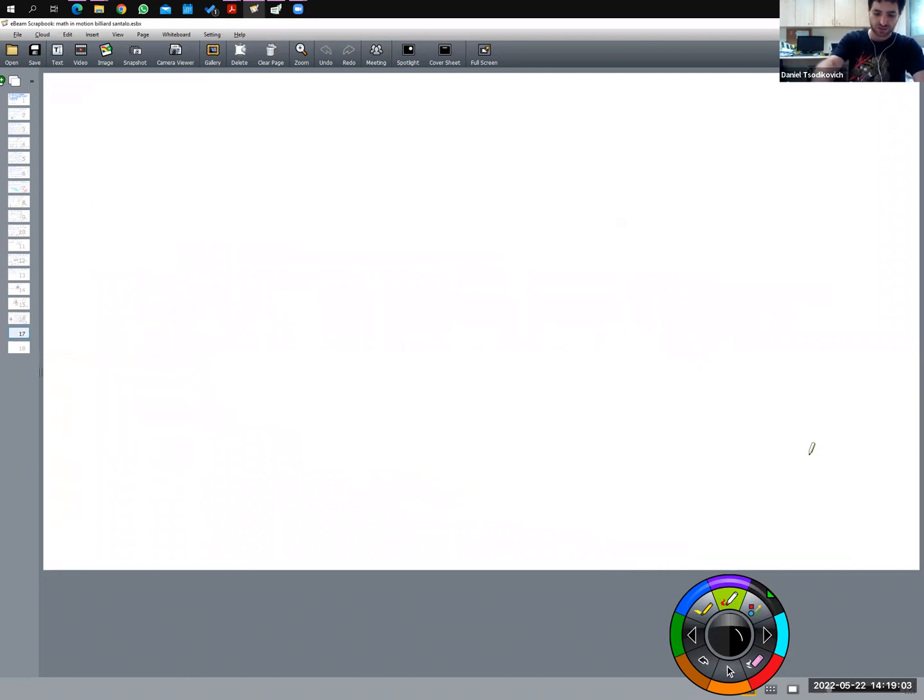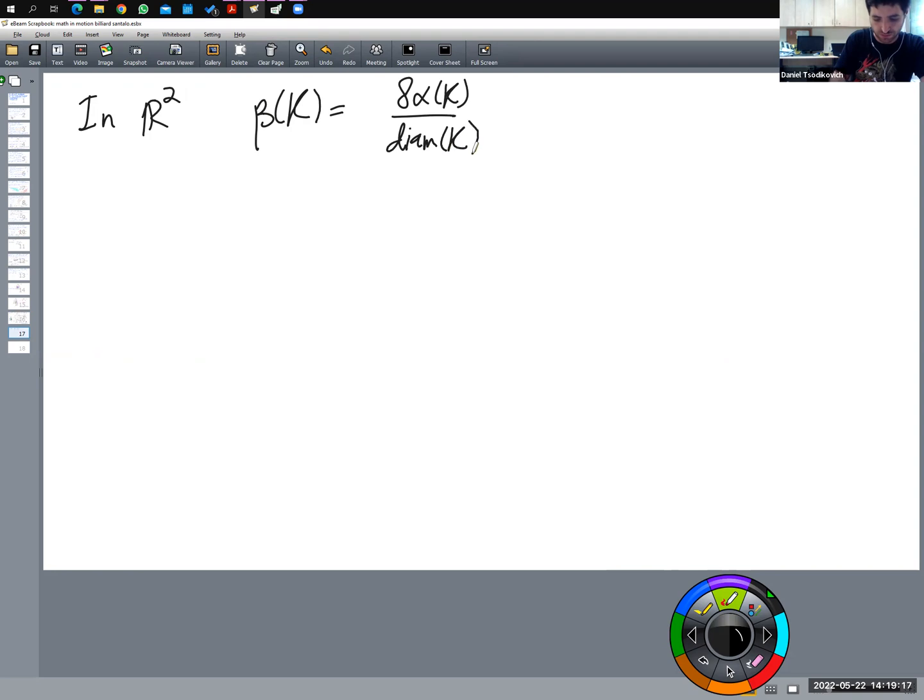What this means, so now corollaries of this, is that in R2, beta of K is 8 times alpha of K divided by the diameter of K, because 8 over the diameter is the smallest value of alpha in the dual. Now for any K,